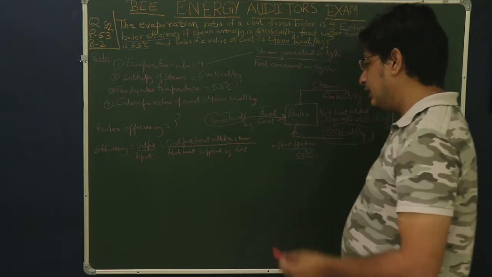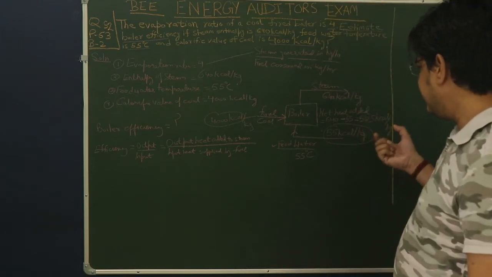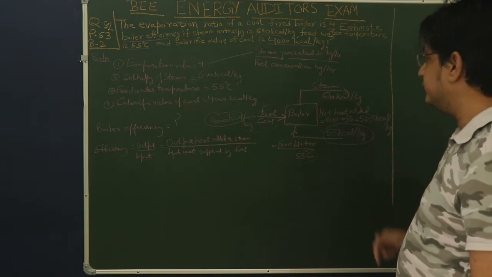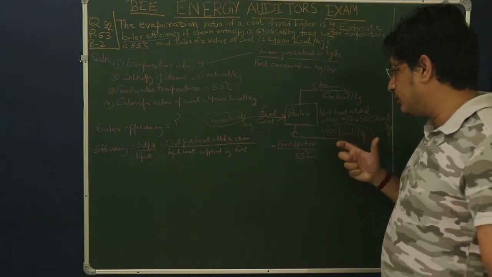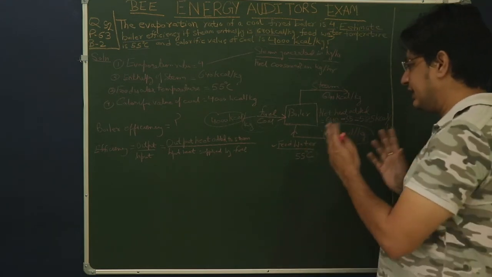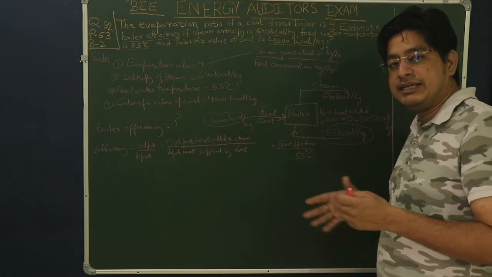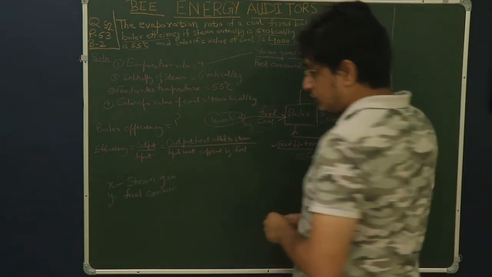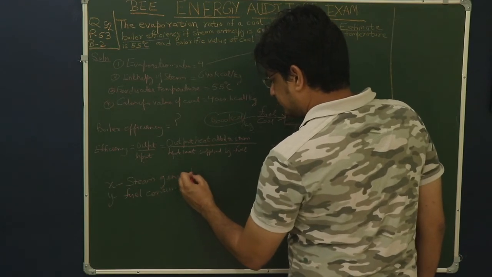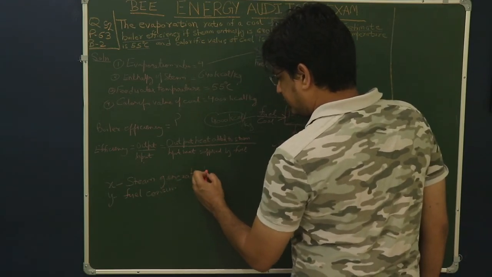Now I have calculated that for 1 kg of steam the boiler is adding 585 kilocalorie of heat energy, but I don't know how much steam is getting produced, so as to calculate the net amount of heat energy added by the boiler. So we will assume X as steam generated